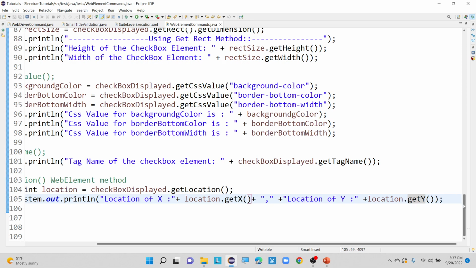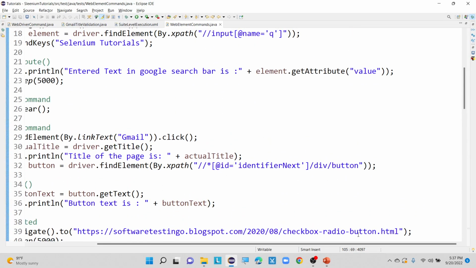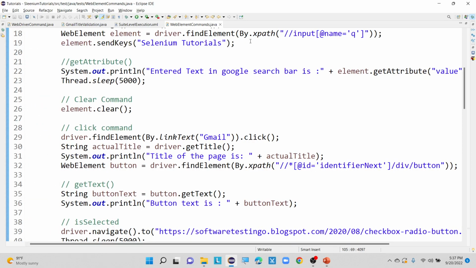And as I mentioned, there is one more method called get attribute. If the interviewer asks how to get some text value from a given web element, many people say with the help of the get text method only. In some cases the interviewer will ask, I want to get text from a text field. Here you can observe get text is applicable for links, radio buttons, or buttons, those where we perform the click operation. For those web elements, we can use the get text method. At the same time, if the interviewer asks, I want to get the text from the text field,